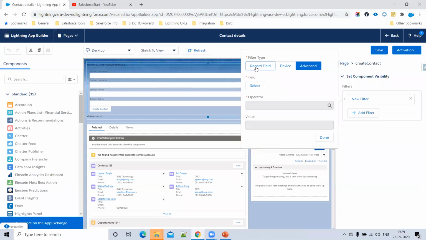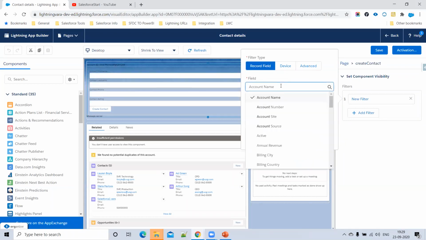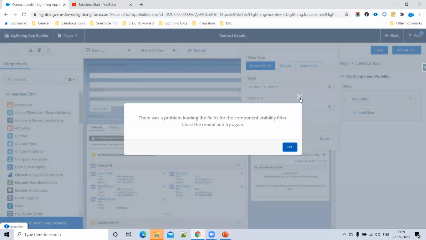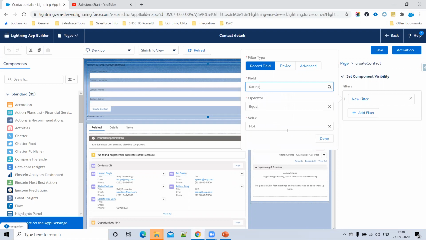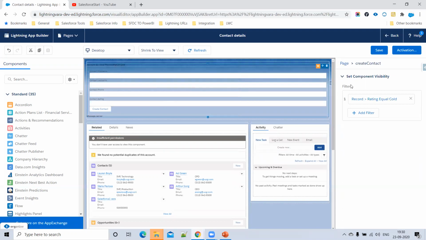First we'll go with the record field. For example, I can take account rating. I will go with the account rating field equals cold. Then only I want to show this Lightning component, otherwise I want to hide it. Click done, click save.